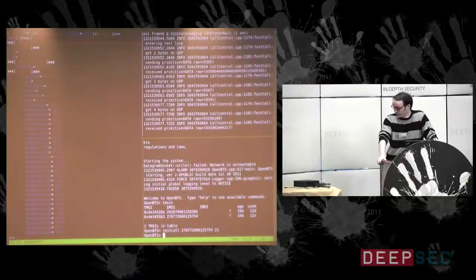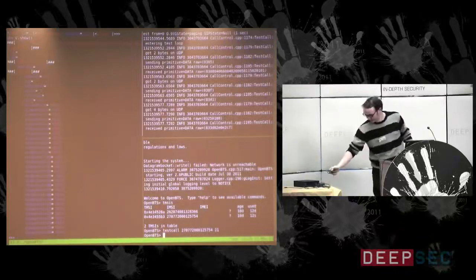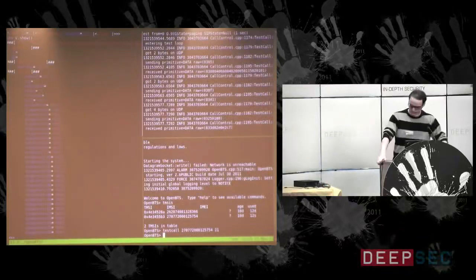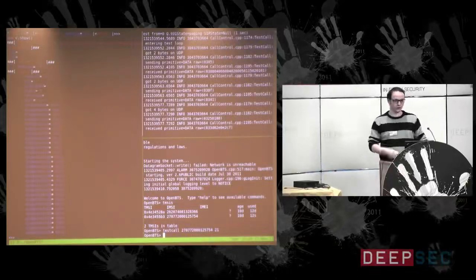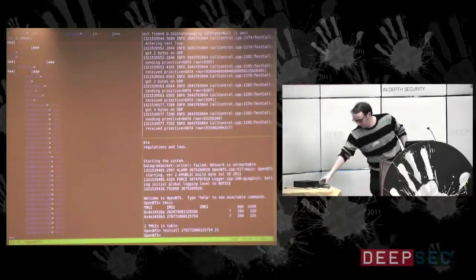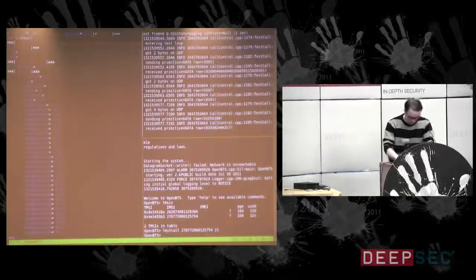So during the past 6 months, waiting was one of my favorite operations I did. So, yeah. Maybe one should invest some time to fix or to patch the test call function of the OpenBTS to make it a little bit more clever.